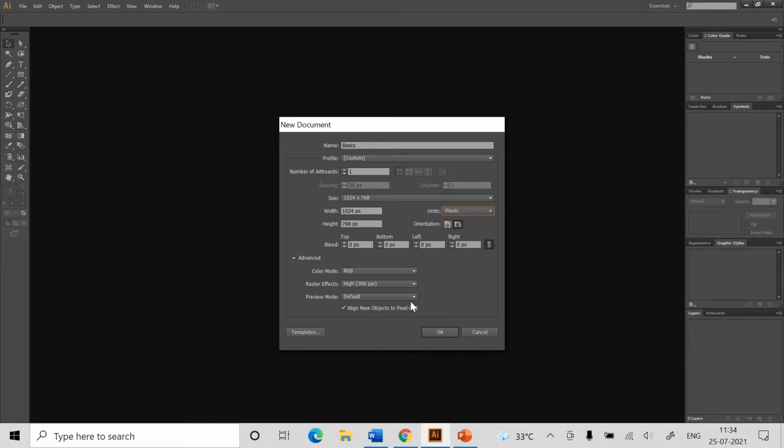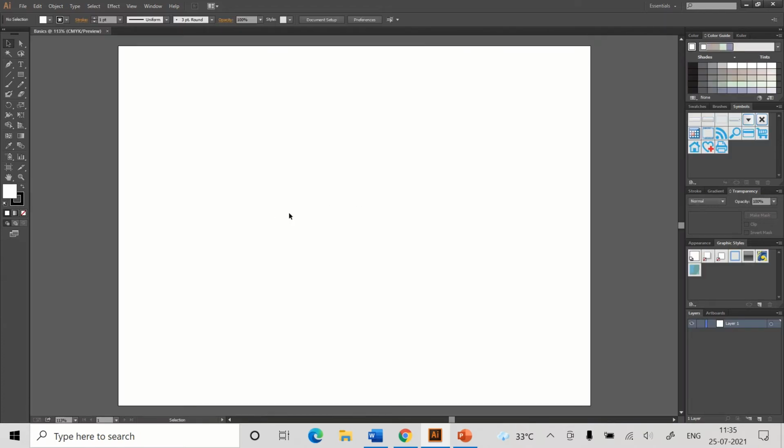advanced options, like the color mode. It should be RGB or CMYK. So basically your Illustrator should always be in CMYK mode. Why? Because in Photoshop we are working in RGB mode, and in Adobe Illustrator we are working in CMYK mode, because CMYK is only used for printing purposes. Alright, so let's create the page, and this is the new page, and over here you can see a